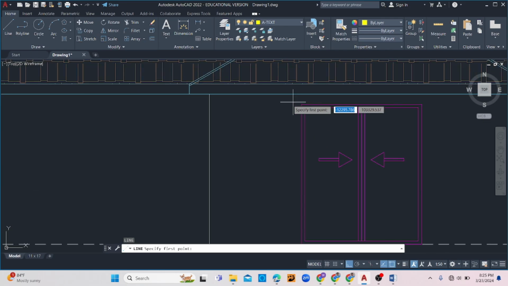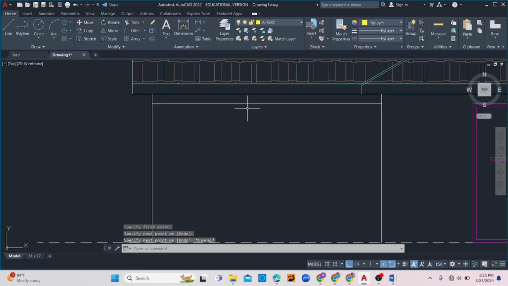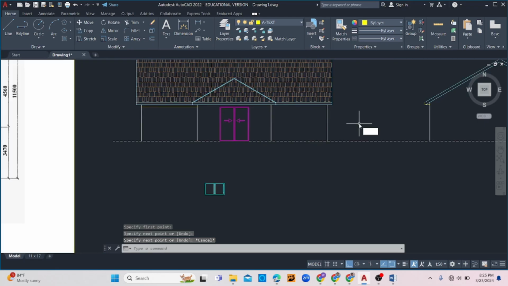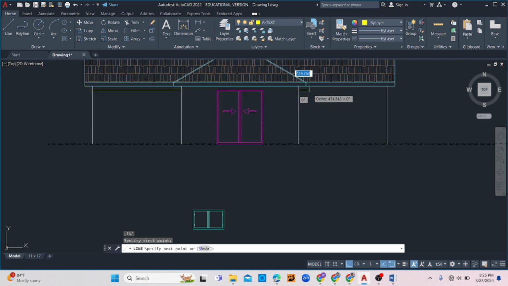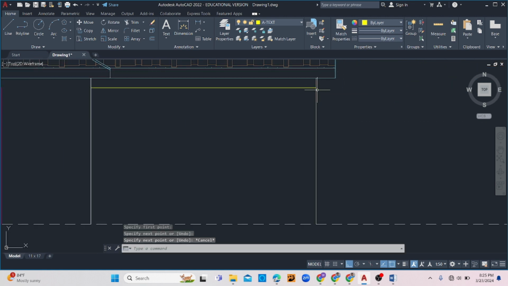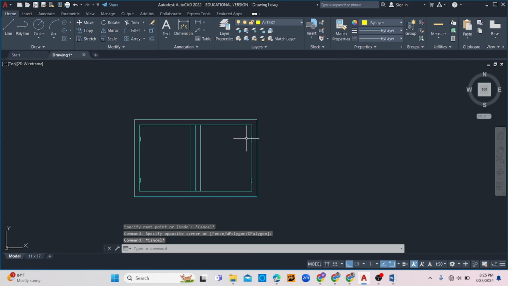And remember, the windows are going to be on the same height as the door and such. So let me find these center points. These lines are just for reference purposes only. They'll be removed afterwards. So let me copy my window here,